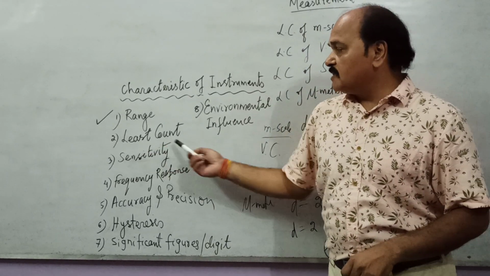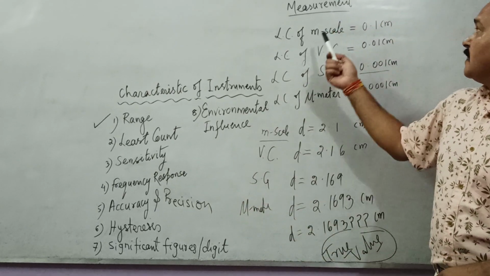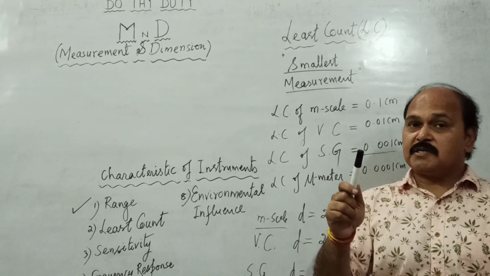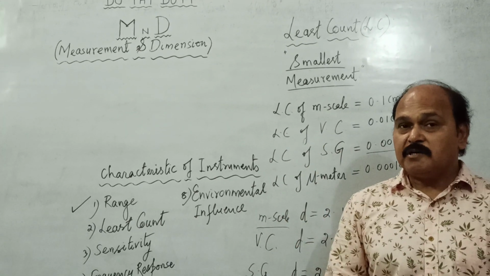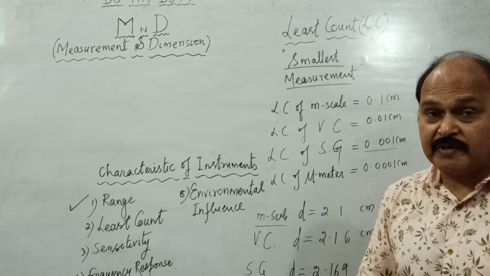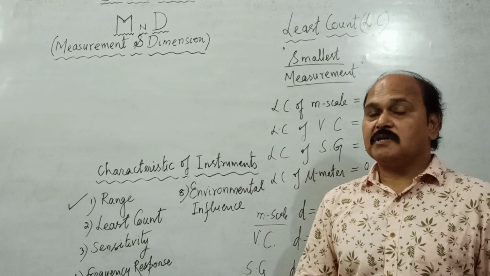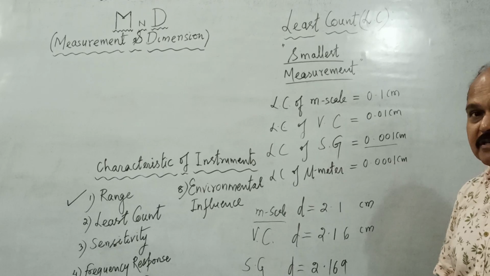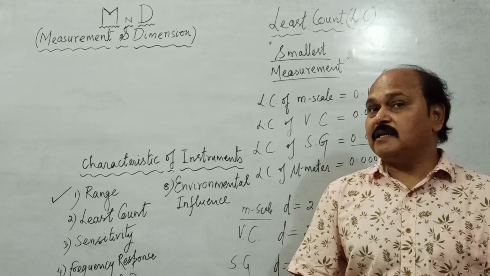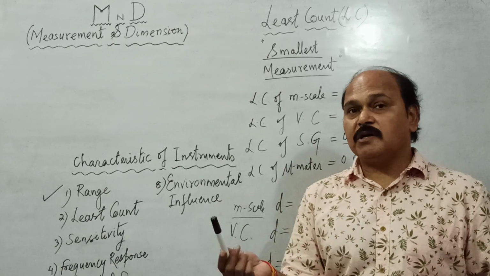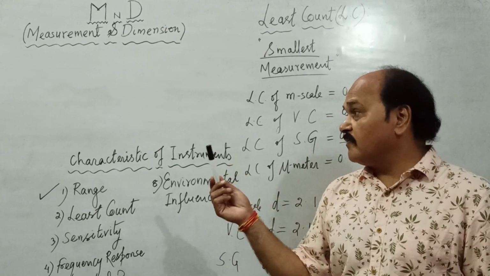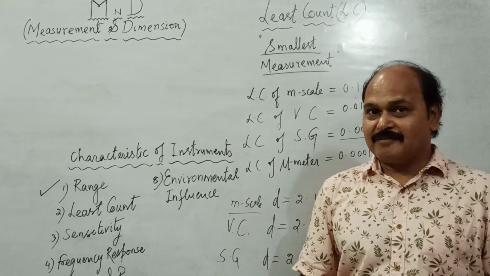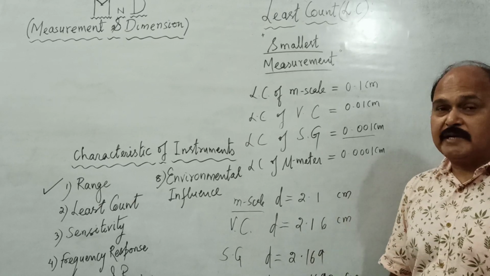Now let us talk about least count. Least count, as obvious from the name itself, is smallest measurement. So the smallest measurement which we can get from an instrument without any guesswork is what is called the least count of the instrument. Well, some of the instruments which you already know, I am going to state their least count. For every instrument there is a formula to find out least count, and for every instrument there is a concept also with the help of which you can work out its least count. We'll talk about both the techniques.